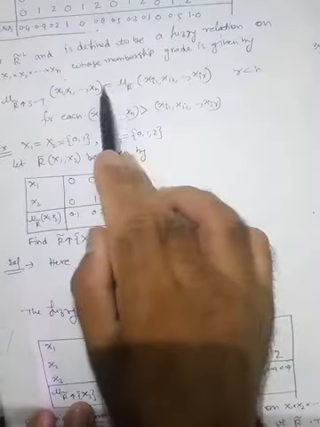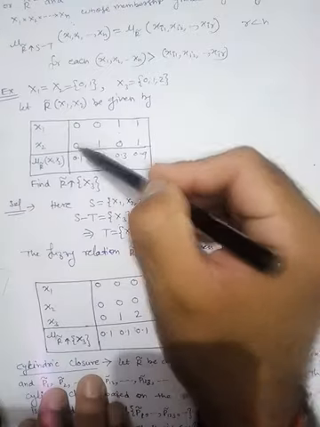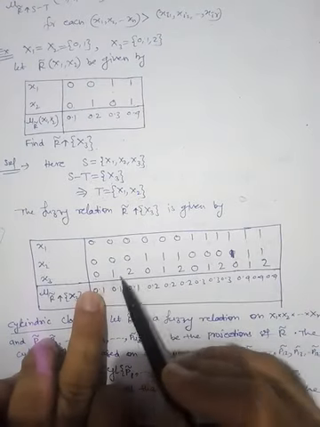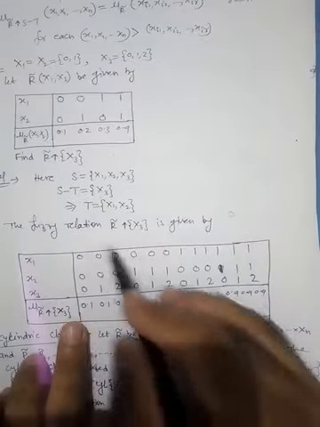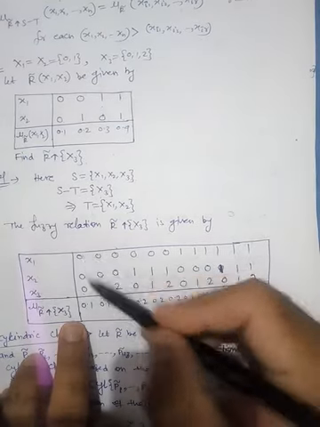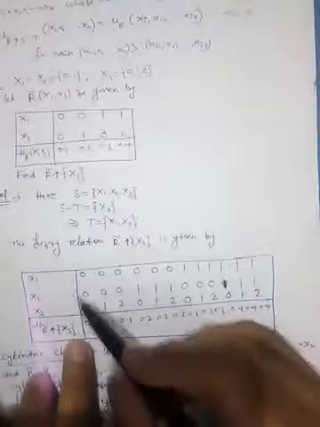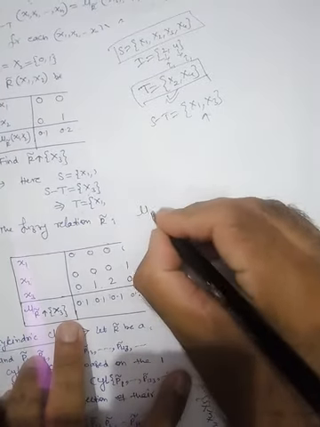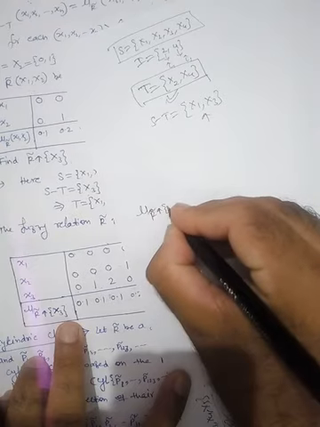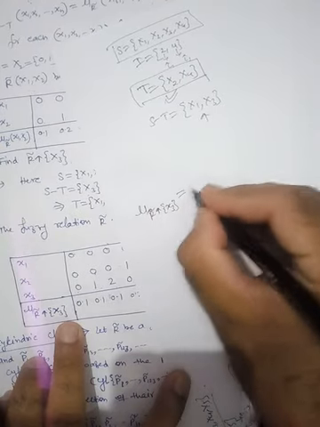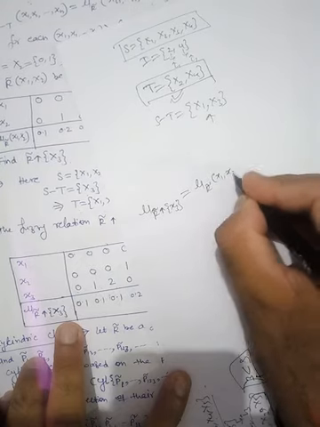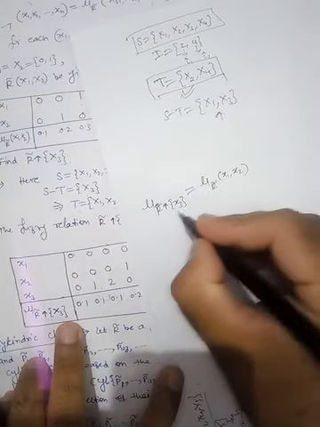Fine. So now the cylindrical extension, according to this, has exactly the same value. So here is 0 0, so here is 0 0 0, 0 0 0. So just take the pairs 0, 1 and 2. That means these 0 1 2. So now these are the possible pairs. Since the value according to this is mu R over x3, this is equal to mu R of x1 x2. Fine. So this is this.